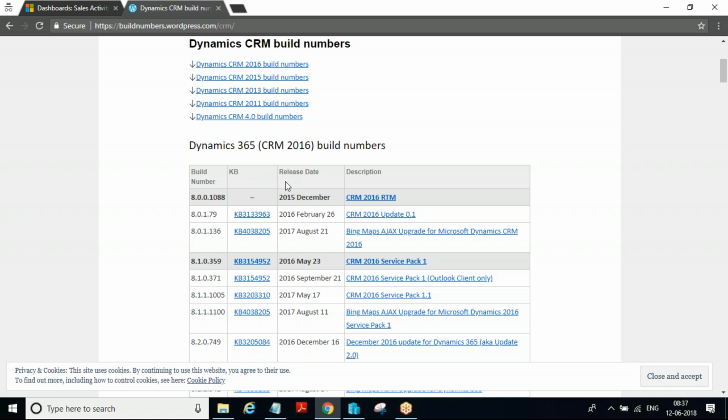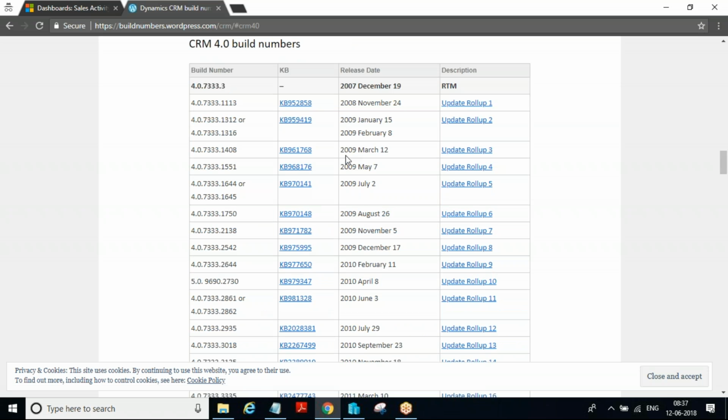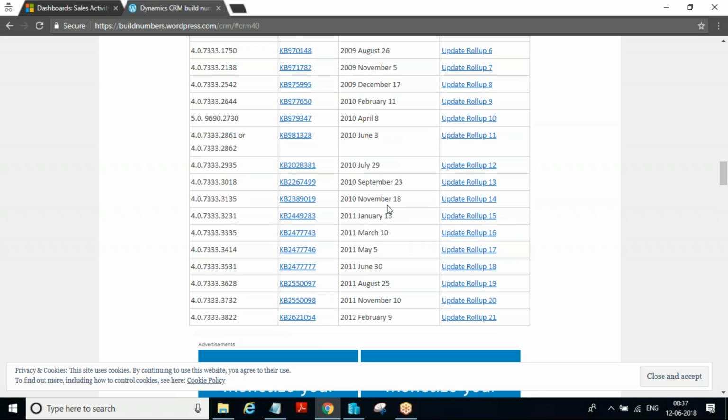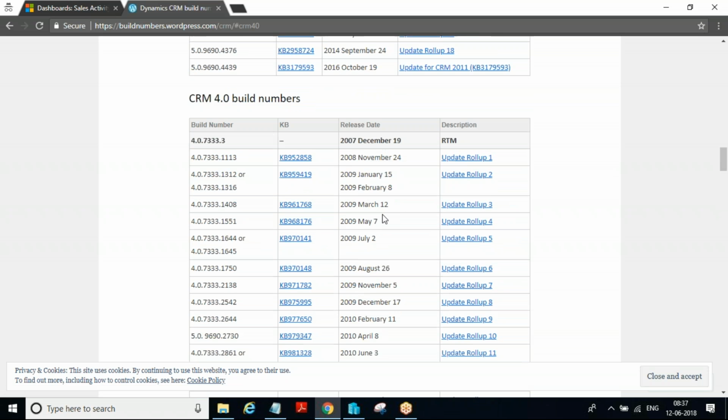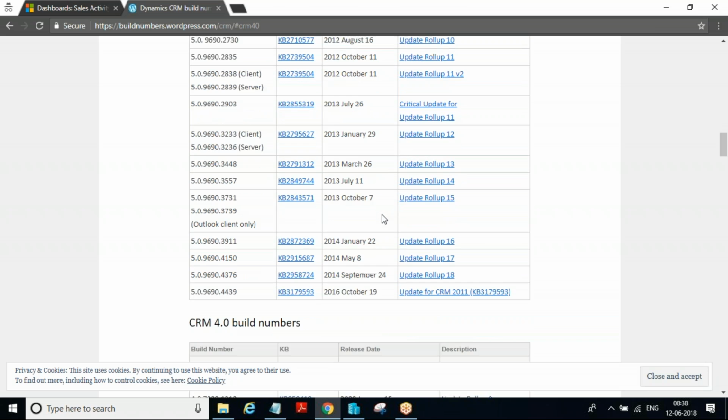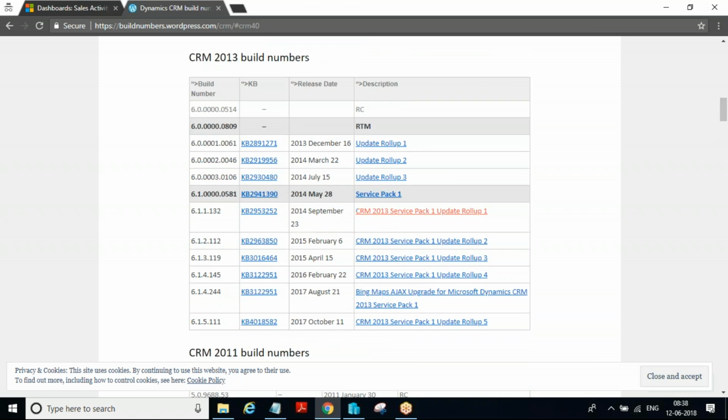If you see the history, for Dynamics CRM 4.0, Microsoft has released around 21 updates, and for CRM 2011, around 20 updates.